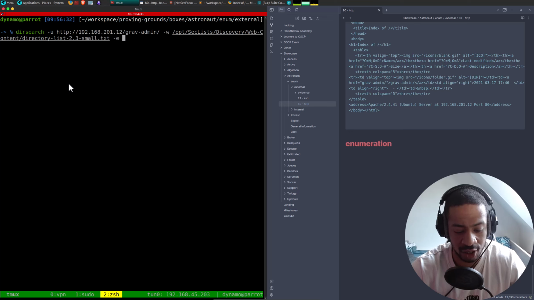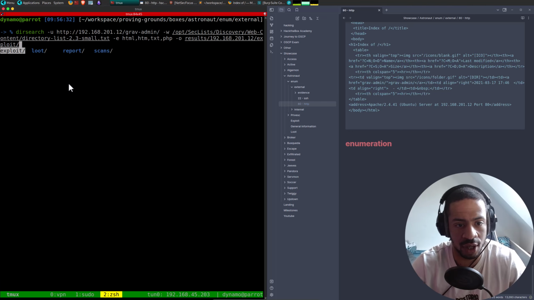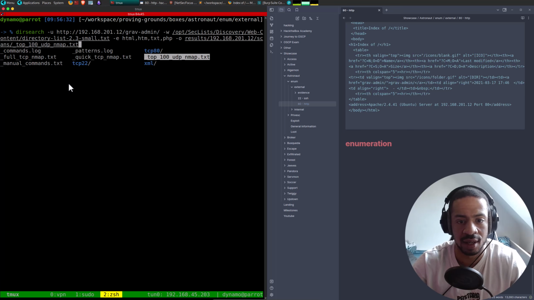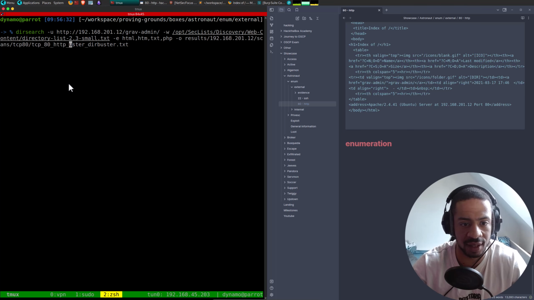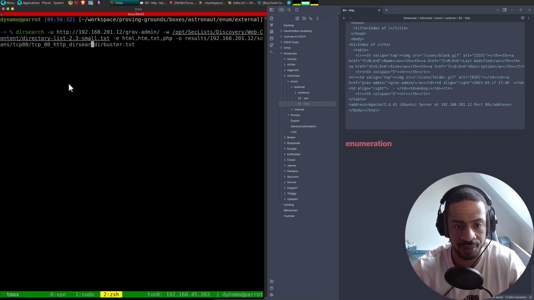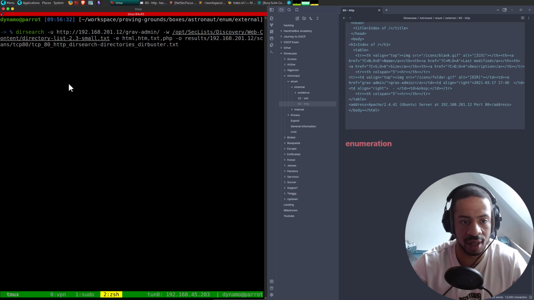And then extensions, HTML, text, PHP. That should be fine for now. And -o, we'll do that in results. Scan port 80 GoBuster, and we'll call that dirsearch and directories, like so.